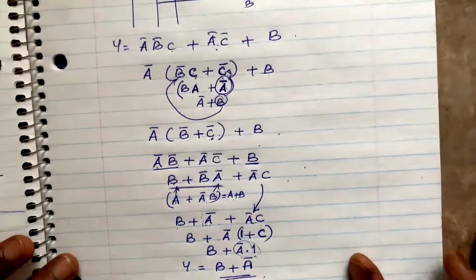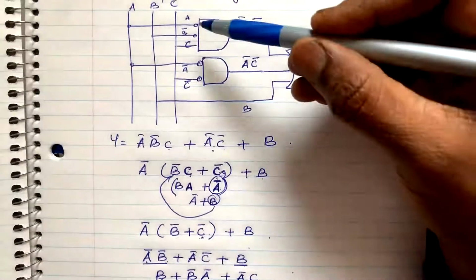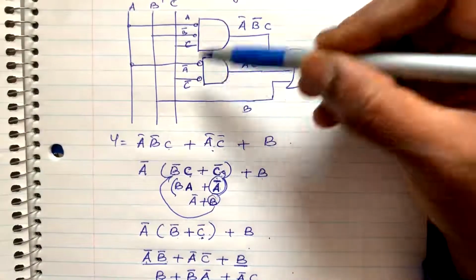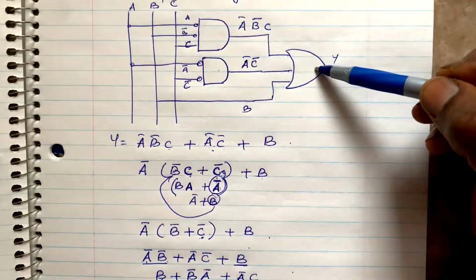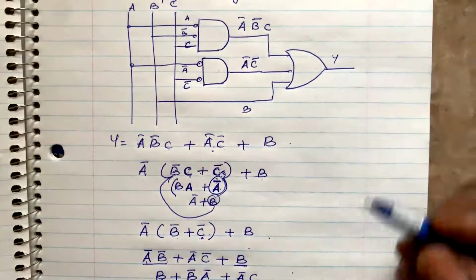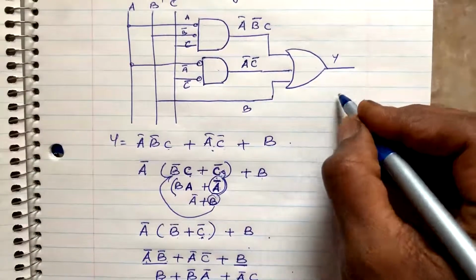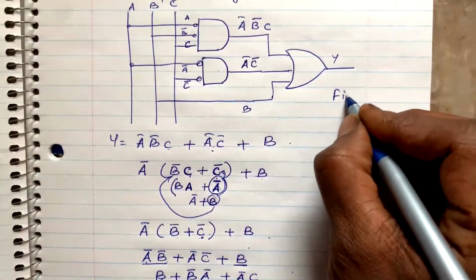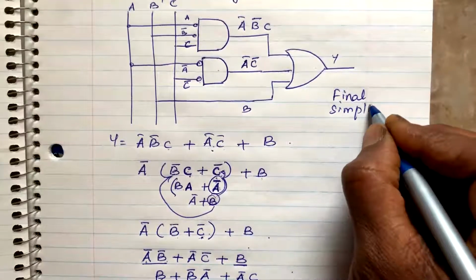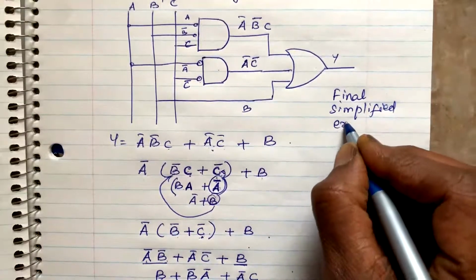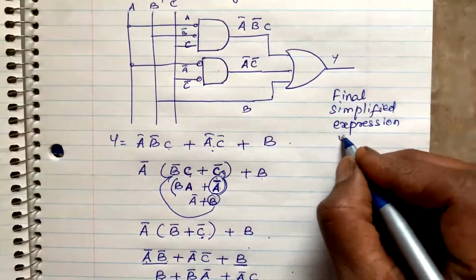Now the original expression has required 1, 2, 3, 4 NOT gates, 2 AND gates, and a 3 input OR gate. Now the final expression is just B plus A bar. The final simplified expression is y equals